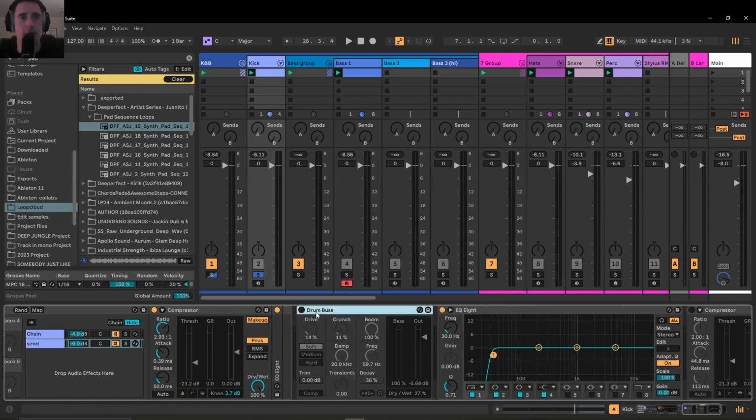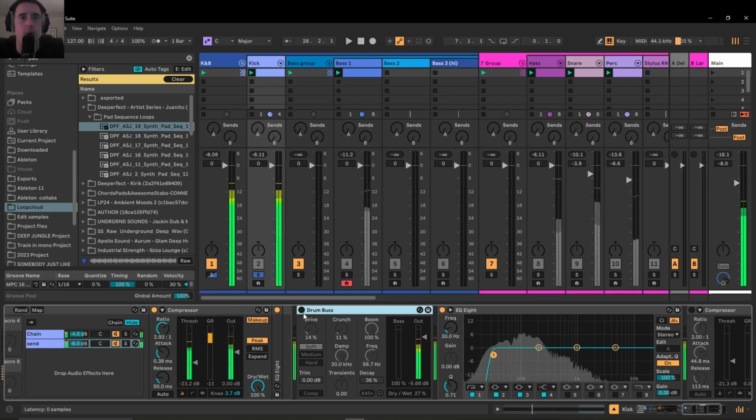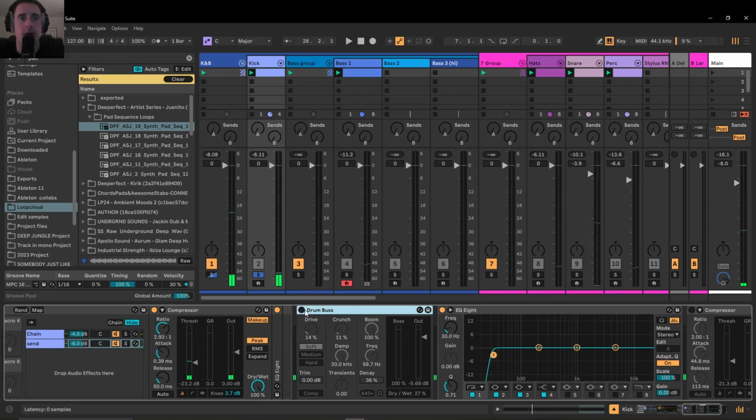There's a drum bus, which I use sometimes, but I find the drum bus a little bit unreliable when you use it on kicks, because I feel like it takes some of the low end and the sub away, and unless you're making techno or tracks where you need a really long tail, I don't feel like this boom setting really works for house. So with it on,